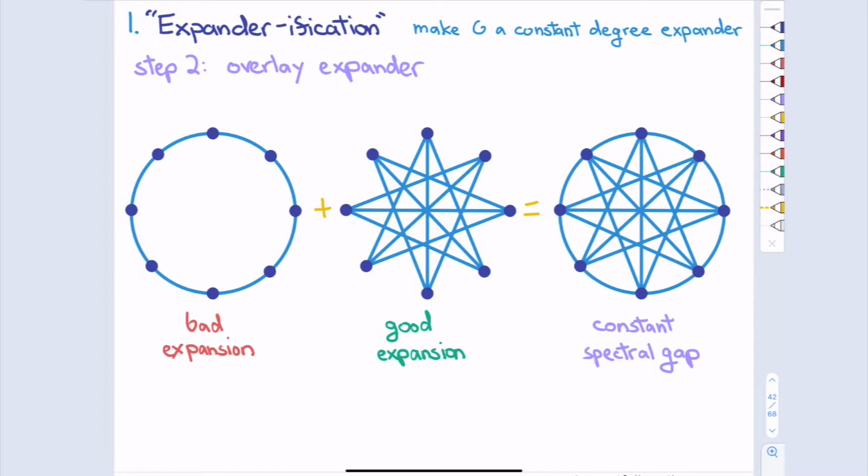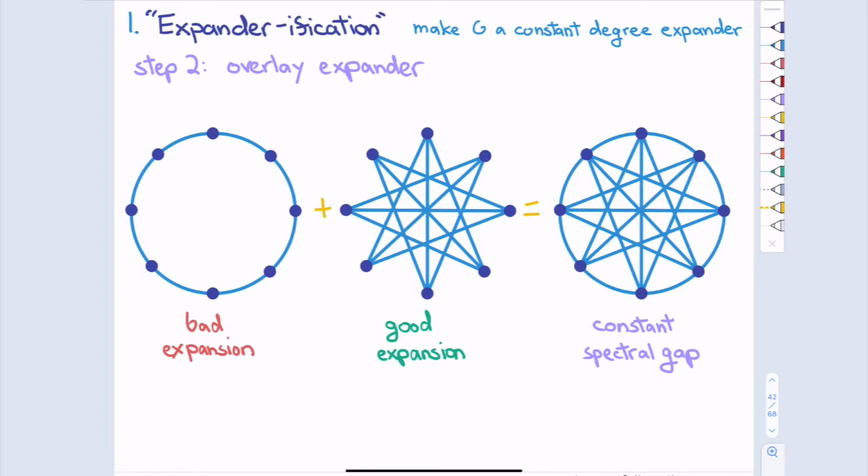Some of this is a little bit of a distraction, but that's okay. You can just analyze it and show that the spectral gap will be the average, or some combination of these two spectral gaps. So it will at least be some constant times this. So you'll get a constant over here. So you just throw one expander on top of the other.